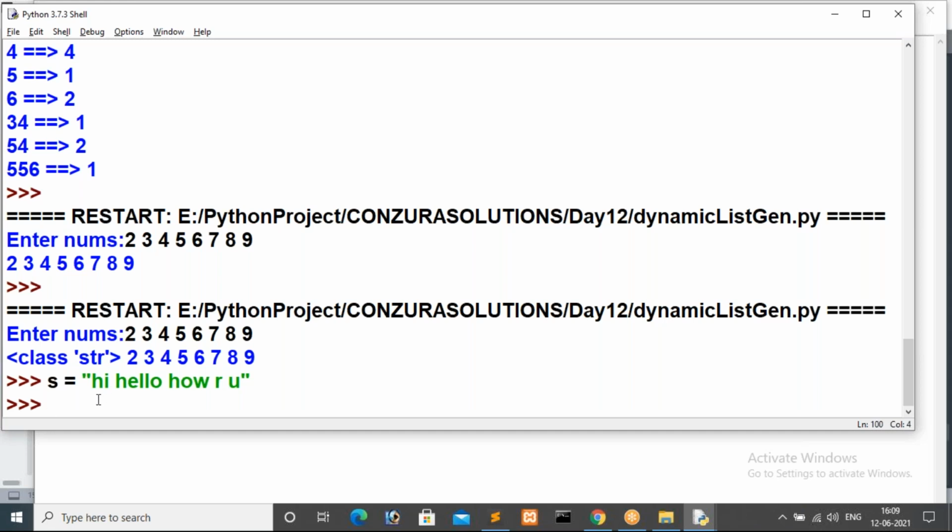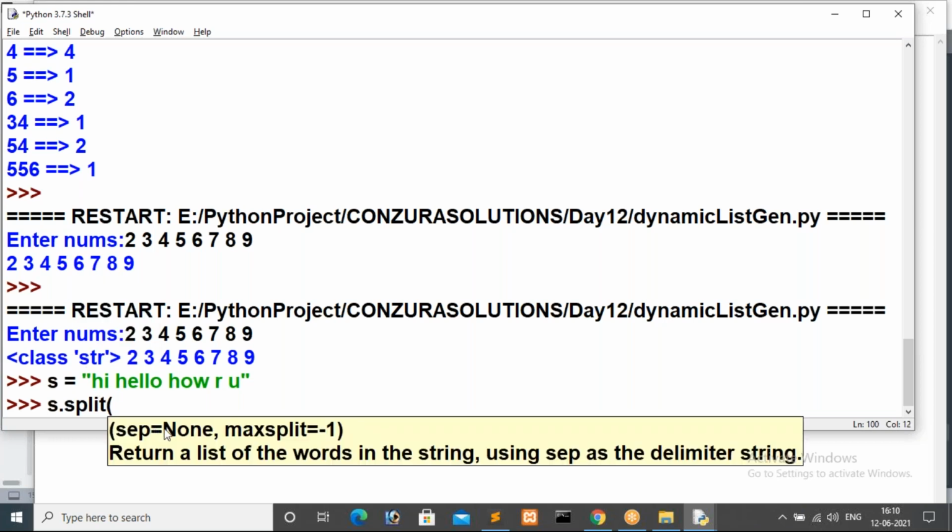So here also we have a special method in Python, I mean inside string, that is split. Split is the method. Split will take space as the default delimiter. See here, s is the string, s dot split. So for your clarity, the separator is None and maximum splits is -1, so it will consider up to the end of the string.